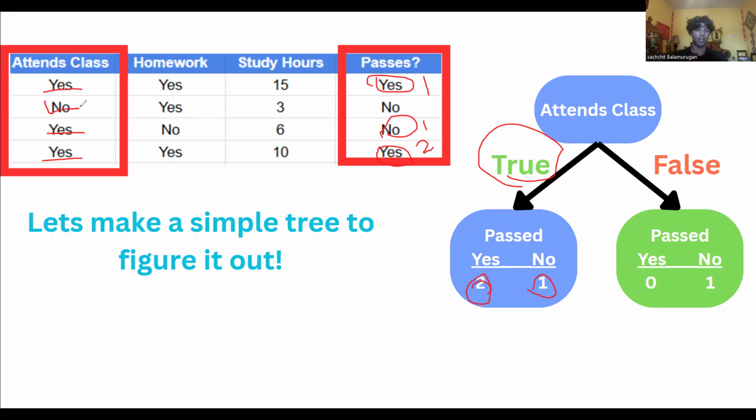But let's look at it when it's not true, right? When a tens class is no. When it's false, we have 1 no here. So we can just write that down as well. We have 1 no. Now we put it here. Now that we created this, everything is the same. It's the same steps as before.